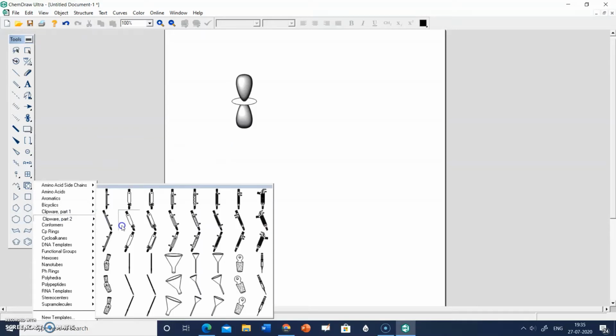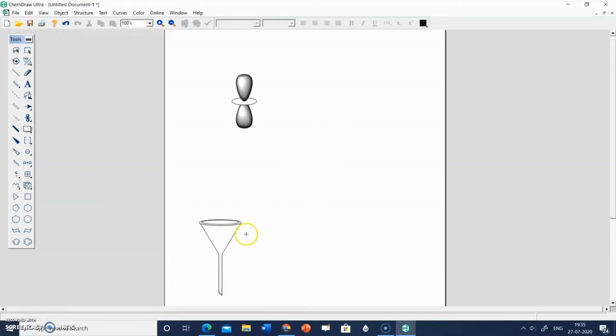So you can add those instrument pictures by clicking on this, right? For example, I want to add a funnel. So I'll click on funnel and then click on the page. So the funnel gets pasted, right? And if you want to resize, just click on the marquee tool and resize the shape of the funnel, right? So in this way, you can select different instruments from ChemDraw. And I have created an acid-base titration by using these clipwares in my animated video, which I'll show you in a short while.